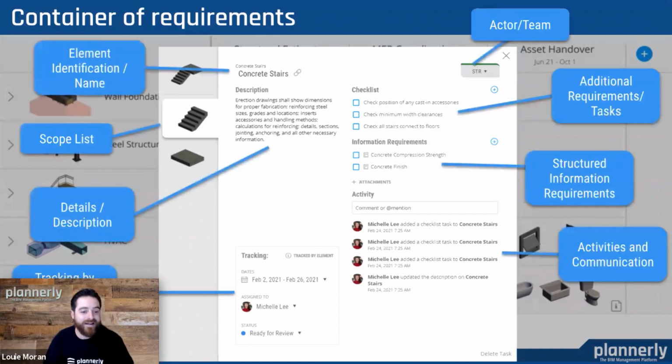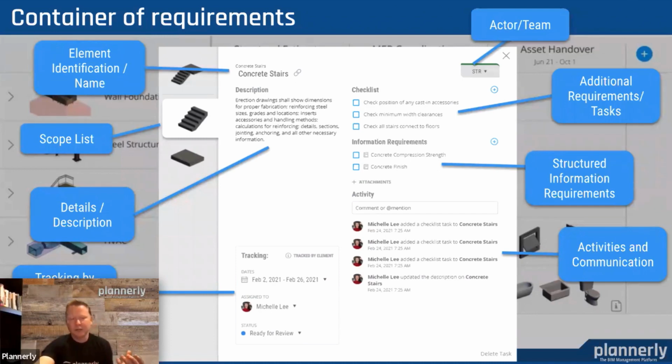Here you'll see that you can have structured requirements, see who's responsible, commenting activities, seeing the history of when this was added, who's requiring it, all the way to even communicating questions and mentioning the direct person who asked for it. Great thing about having all of this information is that container is all together. Yeah, absolutely. Information is great, but if it's not structured in a way that can be then checked later and make it easier for teams to collect the answers to all those questions, then it's really, really challenging.